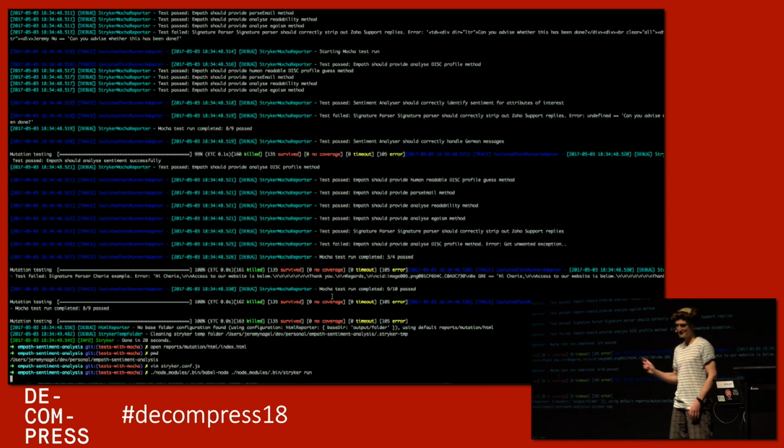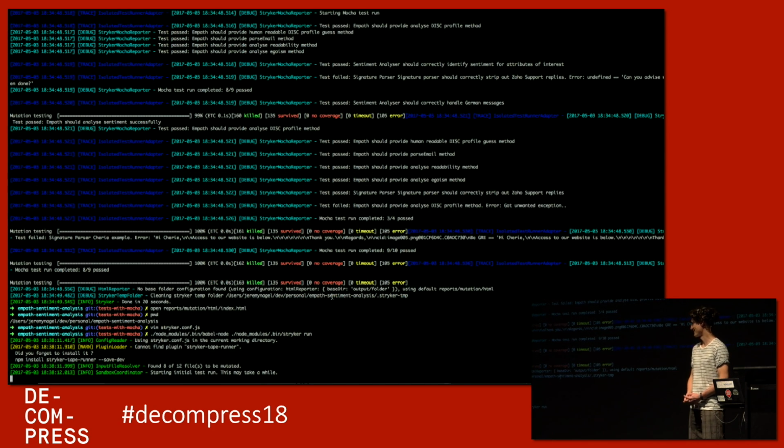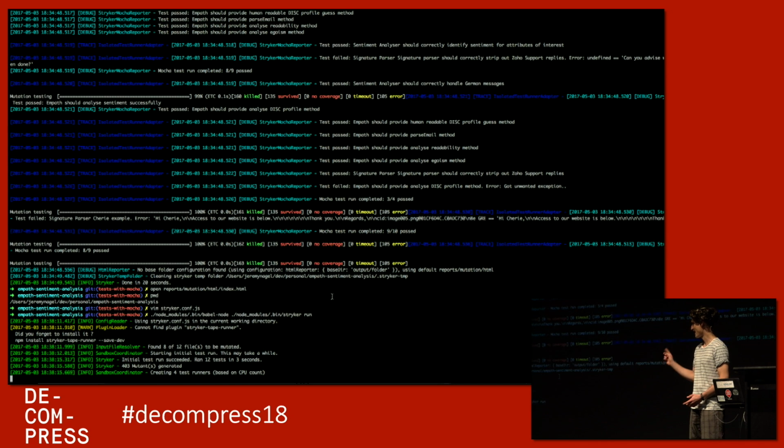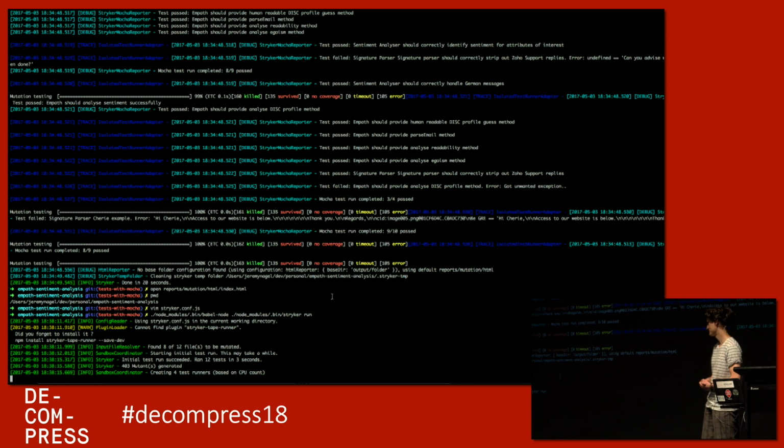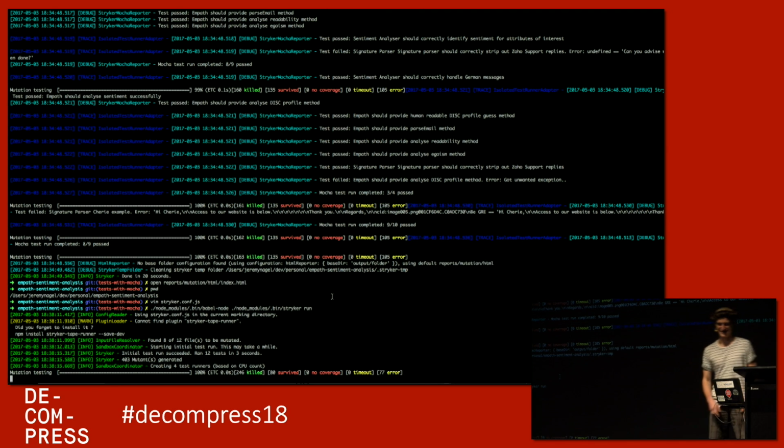It generates some mutants. This is running against my little side project, so it runs pretty quickly. It's found 8 files to mutate, generated 400 mutants. It's using 4 CPU cores, and now it's going. You can see the number that it's killed on the far left and the number that are surviving. I really wish they had a Nyan Cat reporter as well, because it's a bit slow, even though the tests